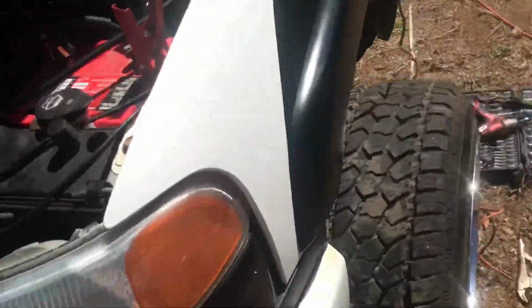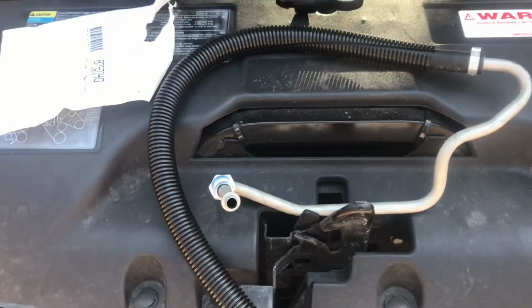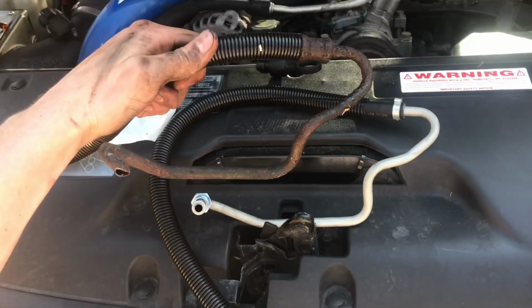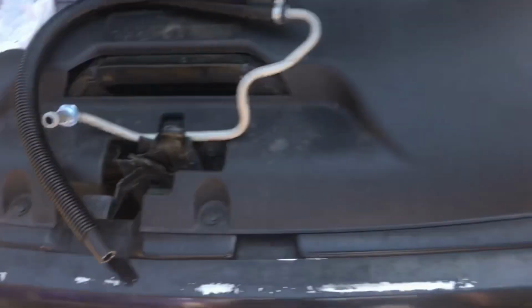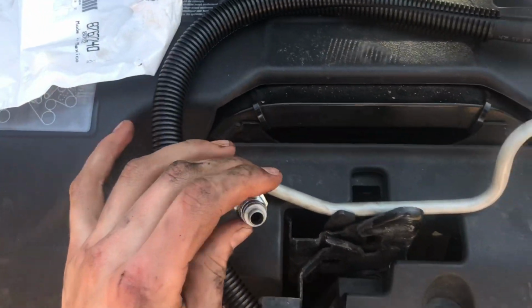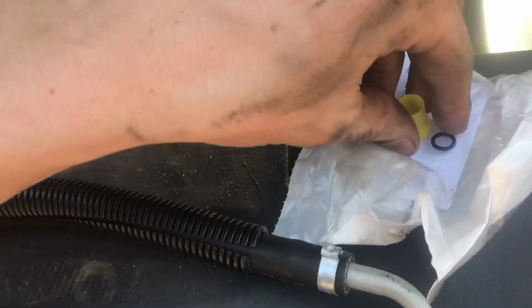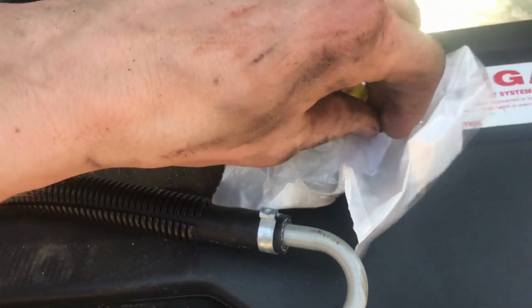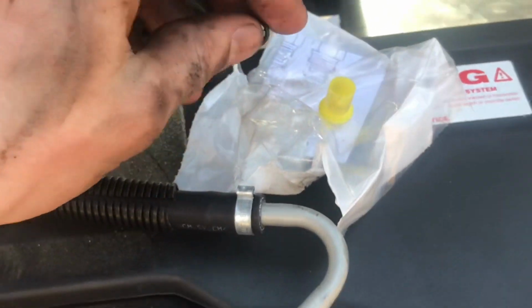So, rock on. Alright guys, here we got the new line right here. Compare it to the old line. Looks about right. So we'll toss the old one and we gotta get into the new one here. Now what comes with this line is we got two things. So we got the cap, we'll get to that in a second, the plug there, and then we got the